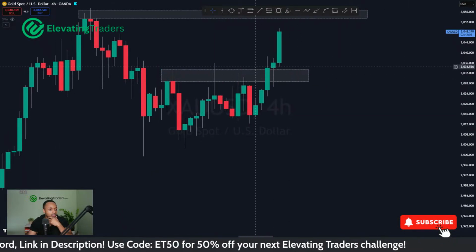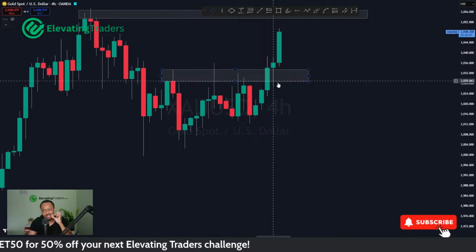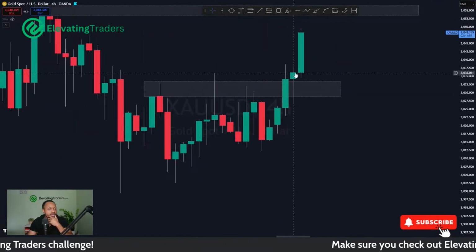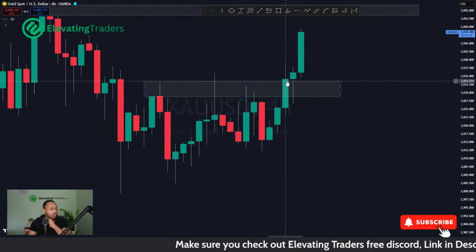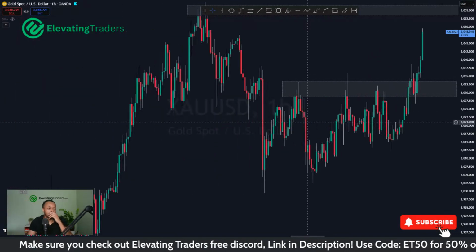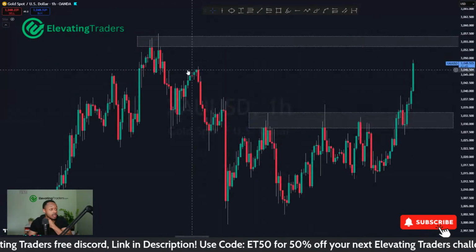So we kind of had a breakout, arguably with the previous candle over here, although it's a very slight breakout, so I wouldn't really look to trade that. This candle is nice because it wicks back into the zone and uses it as support. So that would be kind of like a retest there. But if I drop to the hourly chart, yeah, so kind of like a quick break and retest. But yeah, gold's looking very bullish.